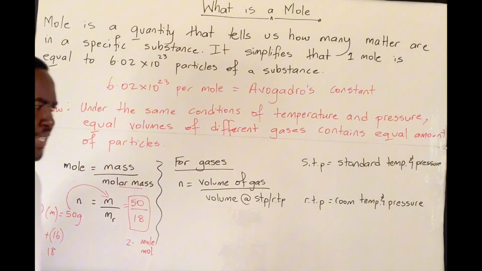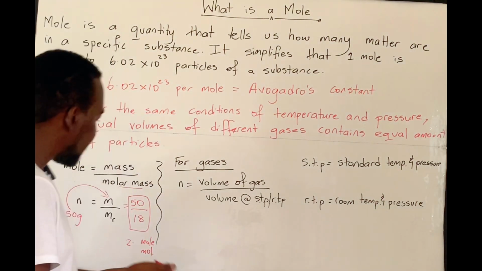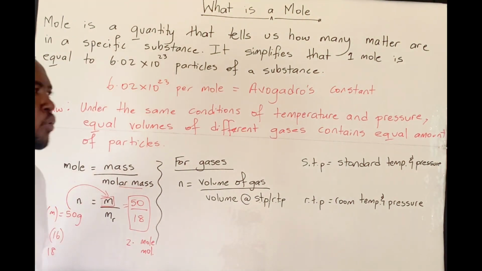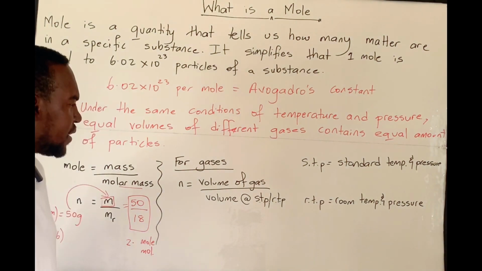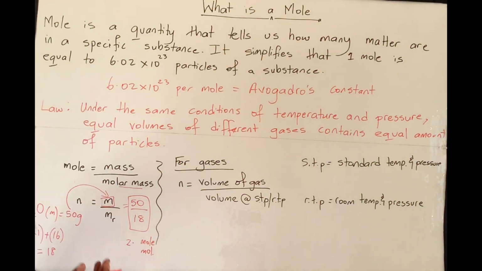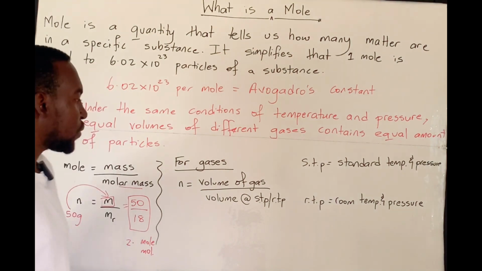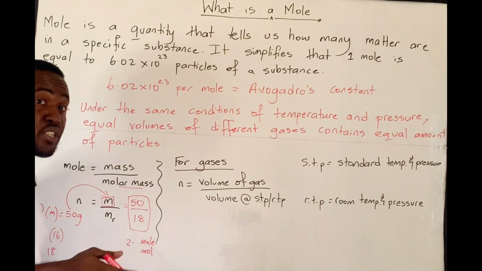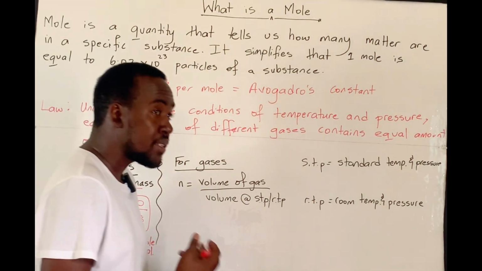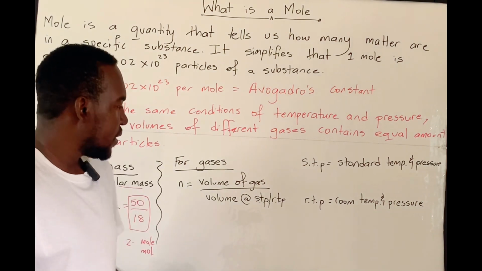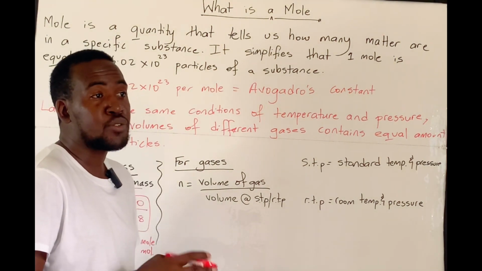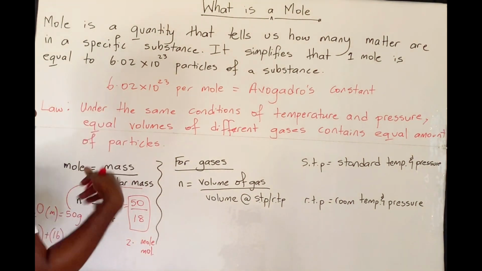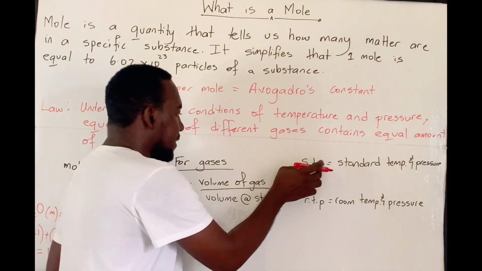Now, what if it was a gas, right? Then it's hard to get the mass of a gas. So therefore, what we look at when it's gases would be the volume of the gas that's being present or being produced. If we know the volume of the gas, whatever gas it is, and we know the condition that this gas is being mixed with or produced in, then we can find how many moles of the gas we have. So the two conditions for gases based on Avogadro's experiment and his law are the STP and